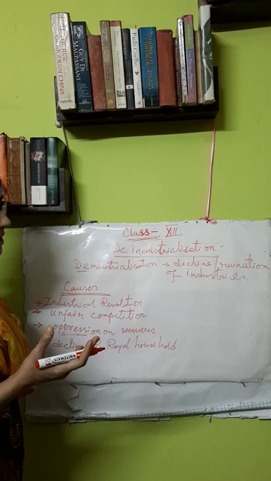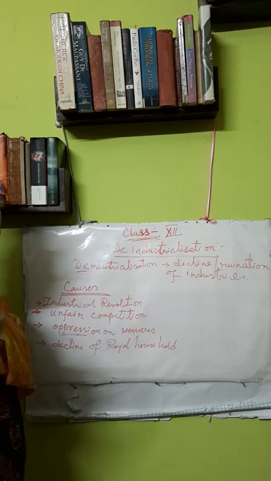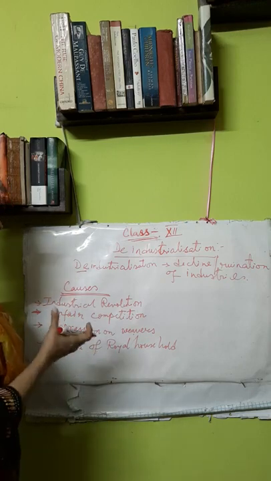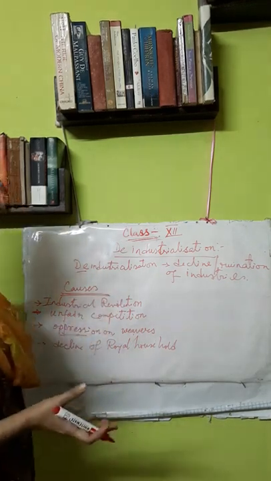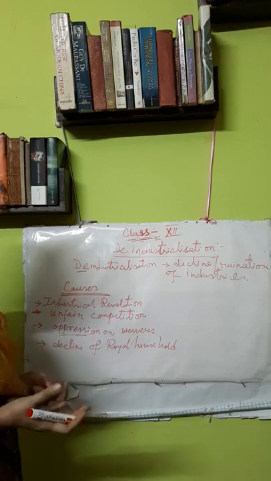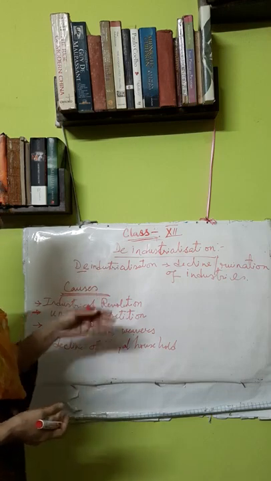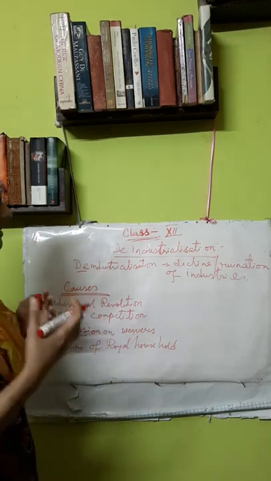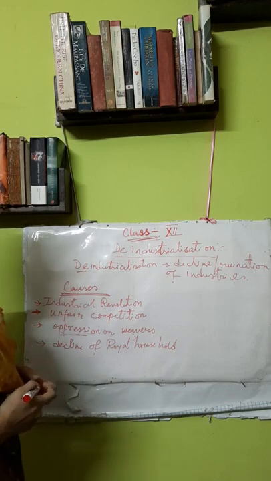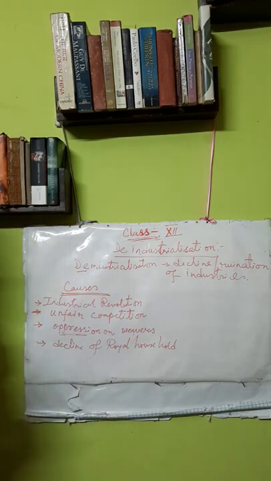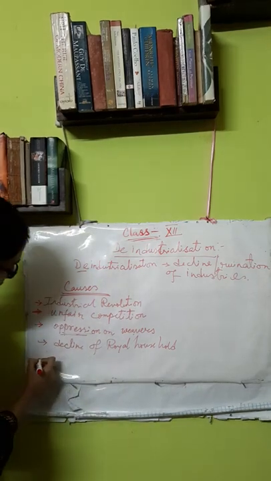The royal household darbars used to be held, and in these darbars everybody used to wear Indian handicraft goods. When these royal households declined, there was nobody to buy from Indian cottage industry. They used to give money for the development of Indian industries, but when they declined and the East India Company established its rule, there was nobody to buy from the Indian industries. The decline of the royal household was another factor that led to the decline of Indian industries, or deindustrialization.